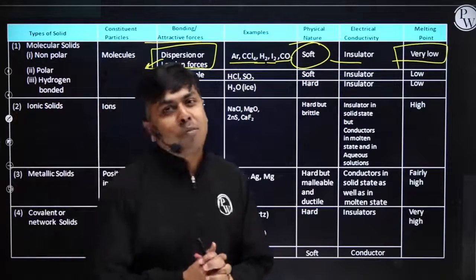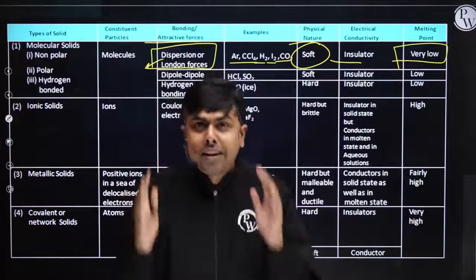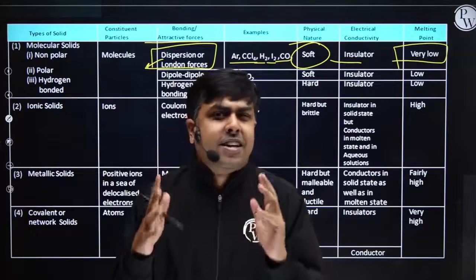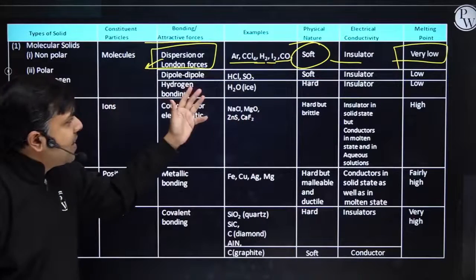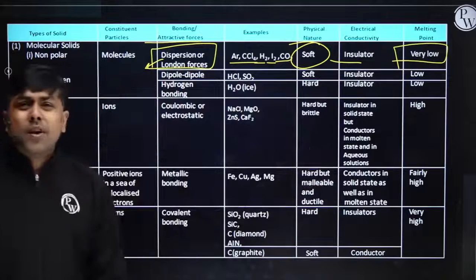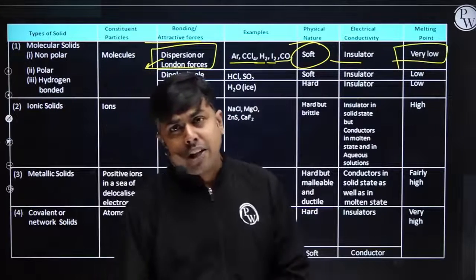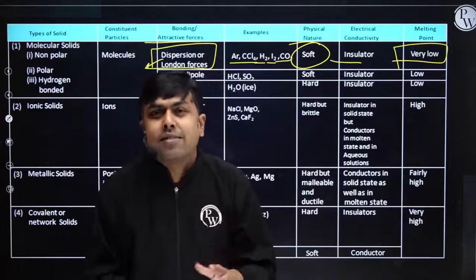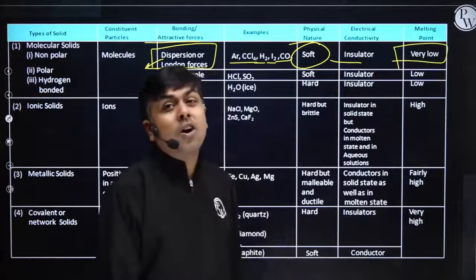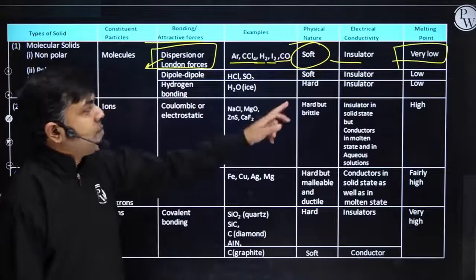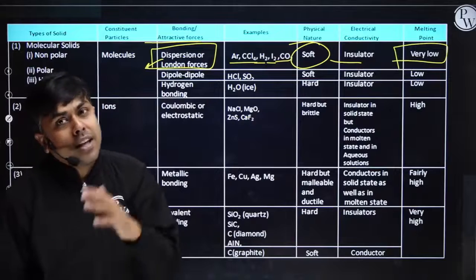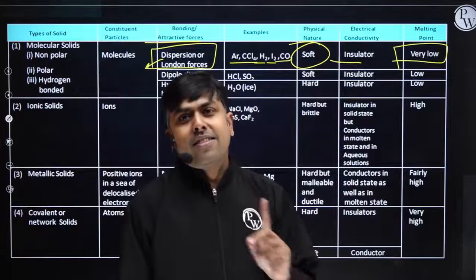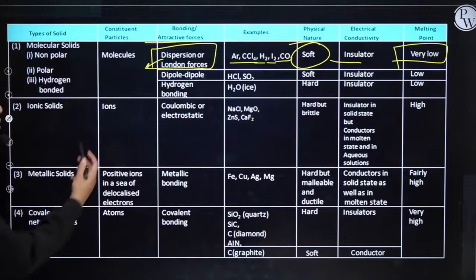Now the other type of molecular solid, that is polar. In case of polar molecular solids, the physical force of attraction which is operating is dipole-dipole. Example is HCl or SO2 solids, right? Once again, here also the force of attraction is physical force, so the molecules will be held together by a weak force of attraction. It will be soft in nature, will have low melting point. Am I clear? And it will also be an insulator, because here the constituent particles are not ions. Am I clear?